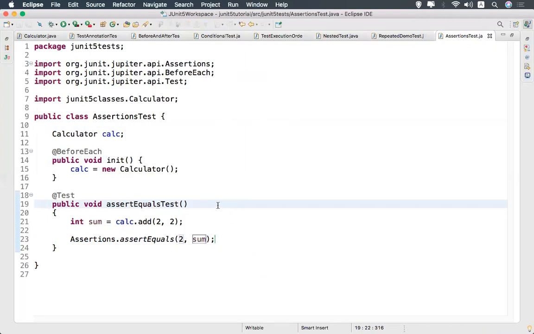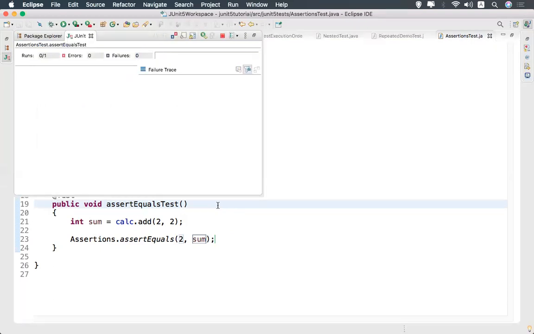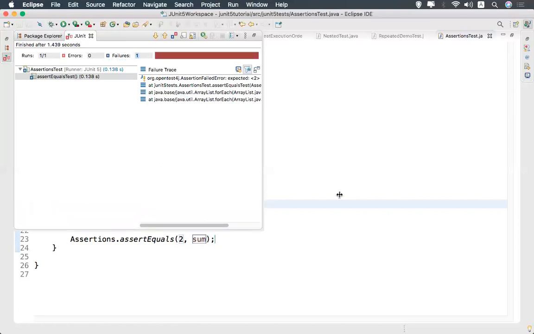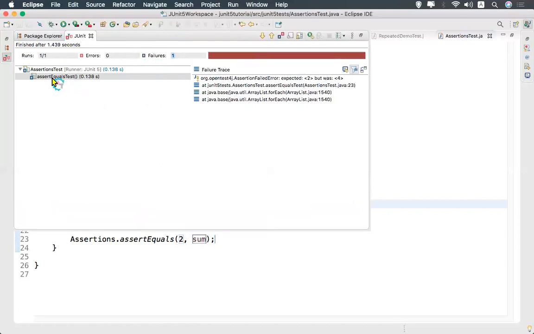We have so many things to discuss in this, so we'll see one by one. You see that failures 1, and when you see this, assertEqualsTest is marked failed, and the reason here, you see, expected 2 but was 4.